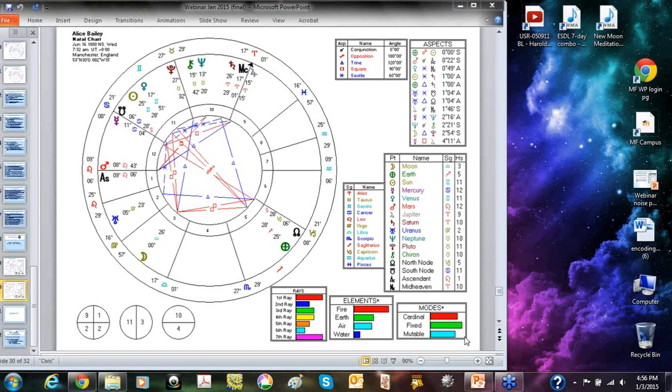Now, in looking at the 4 angles of her chart, we see the ascendant-descendant axis in fixed signs Leo, Aquarius, relating to attaining self-mastery in Leo, leading to group awareness and selfless world service in Aquarius. Her self-mastery was shown by the control of the lower mind, so that her intuition was developed, enabling her to further perfect her telepathic ability. Through this higher technique of communication, she was able to be a world disciple, providing the next dispensation of the ageless wisdom to the world.